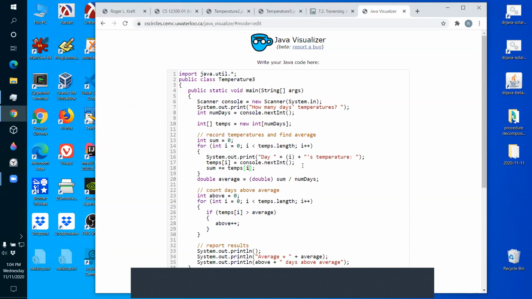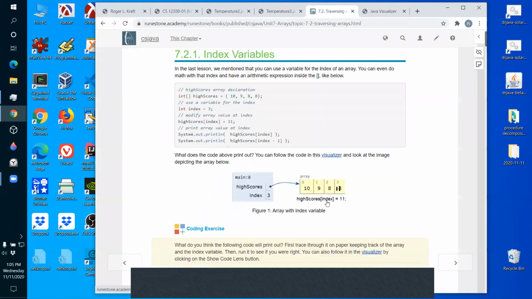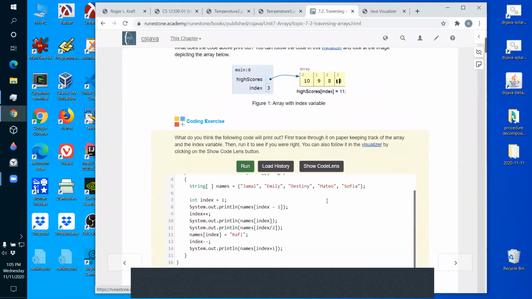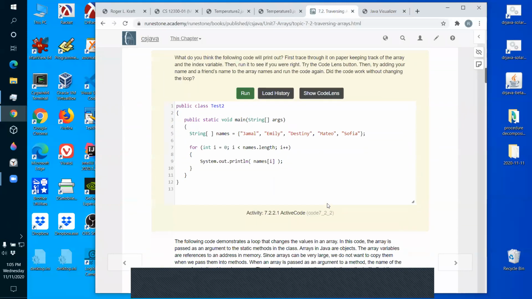Strings were a little bit like that. Well, strings are very much like that, but we didn't do that much counting of stuff in strings, so we didn't do that many examples. But strings have to be exactly the same way. If you want to go from the beginning to the end of a string, you have to go from i equals 0 up to i strictly less than the string dot length. So that's the main idea in traversing an array: the best way to do it, not the only way, is with an index starting at 0.